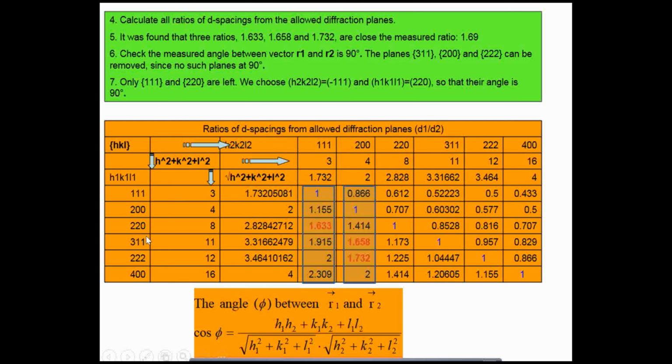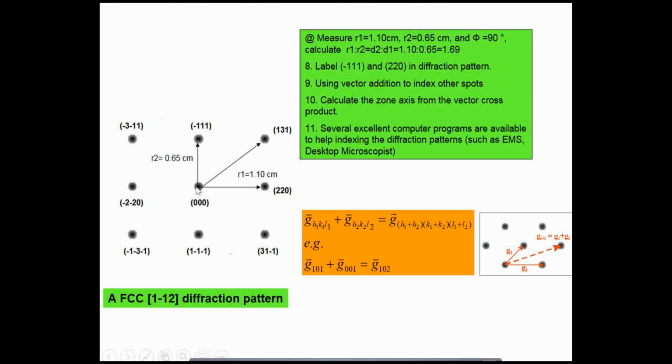Whereas 220 and 111 are 90 degrees to each other. So we can index one of the points as 000, the other one as 111, and the other one we can index as 220, suitably marked so that they frame a 90 degree angle. Then for this middle one we can do a vector sum. So -1 plus 2, you can find 1. Directly, because this is 90 degrees, we can directly vector sum it.